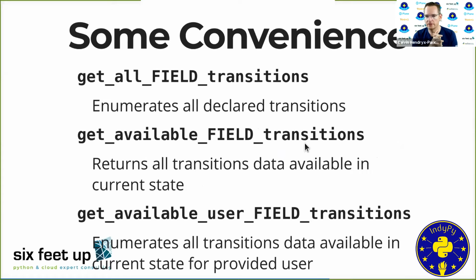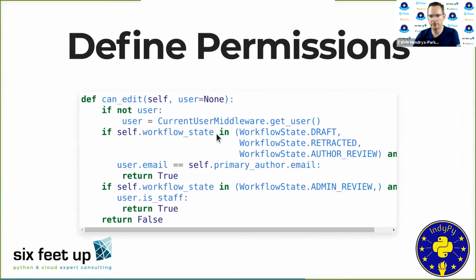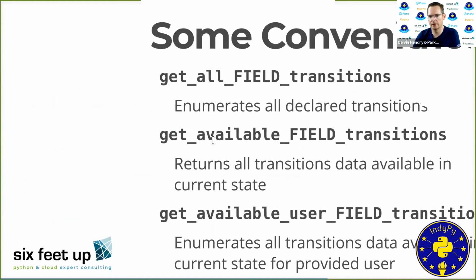So I mentioned earlier these convenience methods that get scribbled onto our model for us. These are real methods that get put onto your model automatically by Django FSM. Just the pure fact that you have an FSM field added to your model will now add these special methods to your actual model object. And where it says field in all caps, that gets replaced with the name of your field variable. So in the case of our previous example, we are using workflow_state as the variable name for our field.